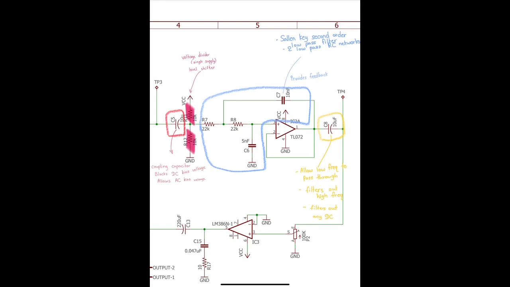It is configured as a second-order Sallen-Key low-pass filter, consisting of two low-pass RC networks. Combined with the op-amp, it creates a sharper frequency cutoff compared to a first-order filter. This setup effectively removes high-frequency noise while preserving the low-frequency heartbeat signal. Capacitor C8 is connected to the output of the filter. It serves the same purpose as capacitor C5, blocking out DC voltage in the output before sending it to the